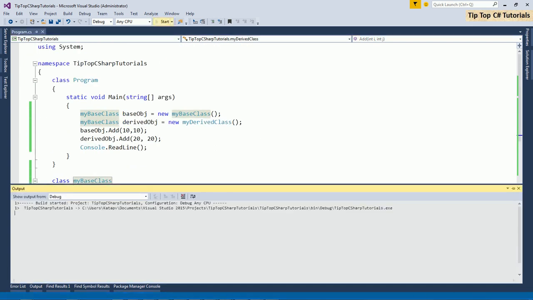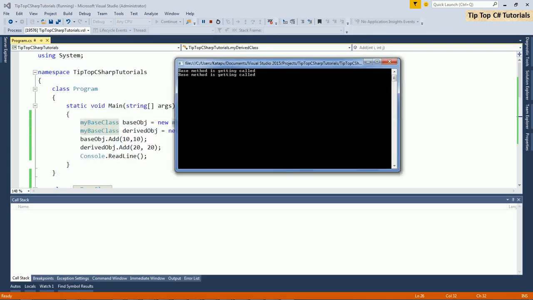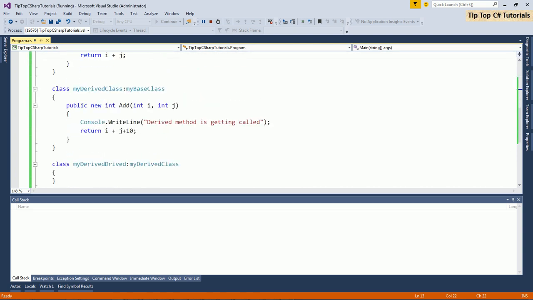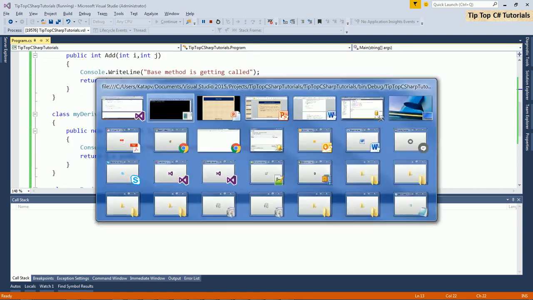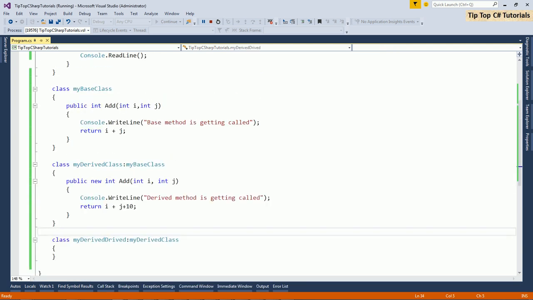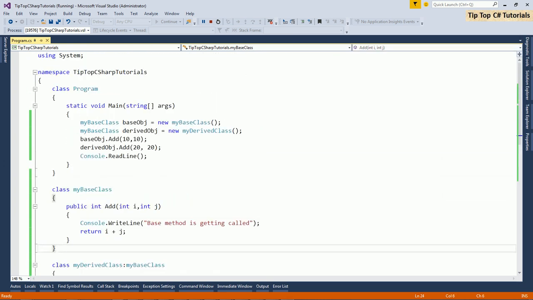Now if I execute, both times the method from the base is getting called, because the base class or the C#, .NET structure does not know that a derived class is overriding, because we are using the new keyword, which does not tell that this method and this method are the same. Now if you see, everything is getting called from base because we are using a base pointer for pointing to a class.